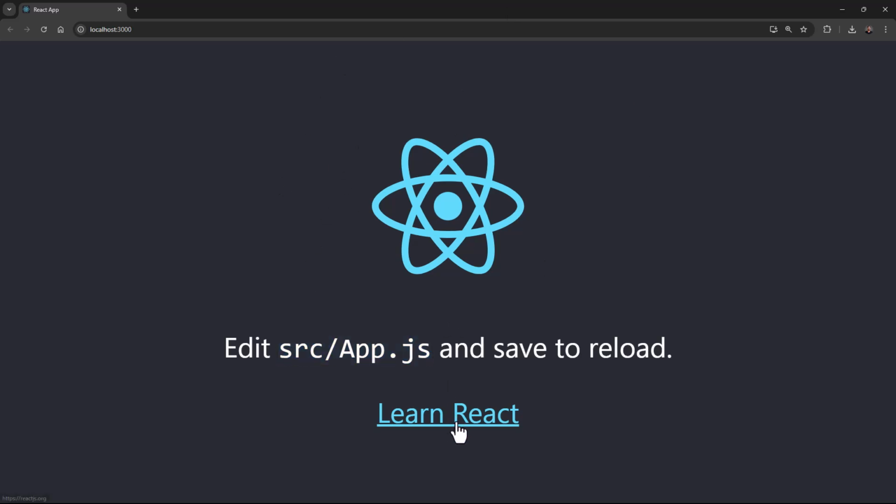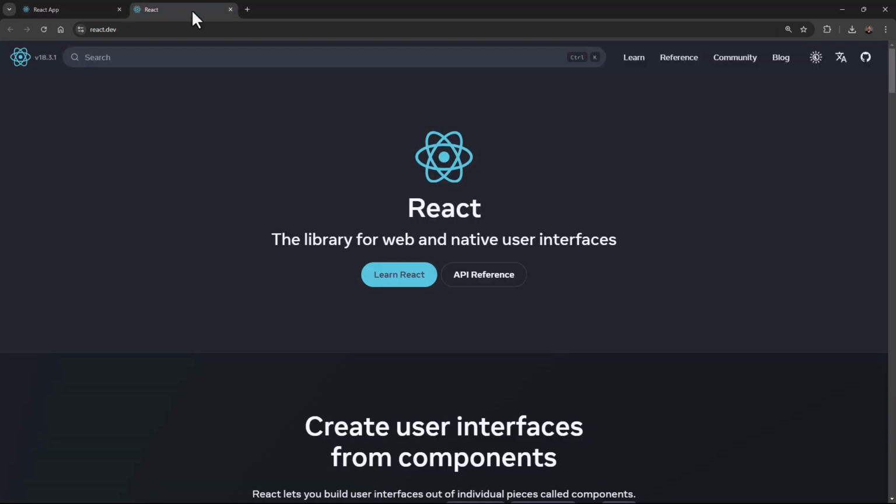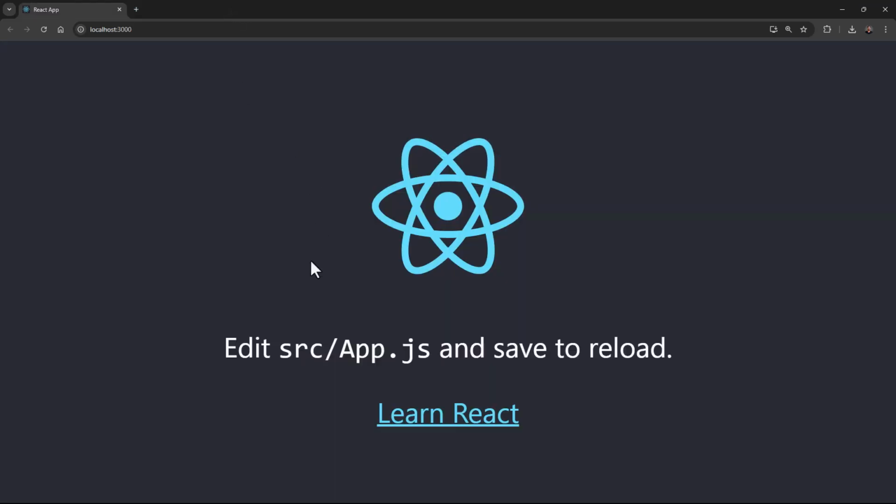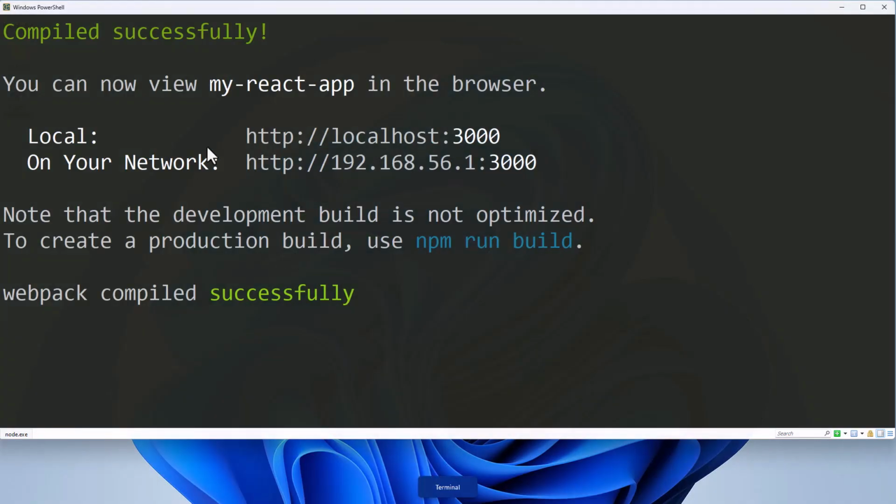So this interface is coming in from this particular file. And if you click over here, this is the link to the official website of React. That is what it has linked to. So you can go over to that website and check out or read some stuff as well. All right, but a few things I would like to mention over here is, once you have started the development server,